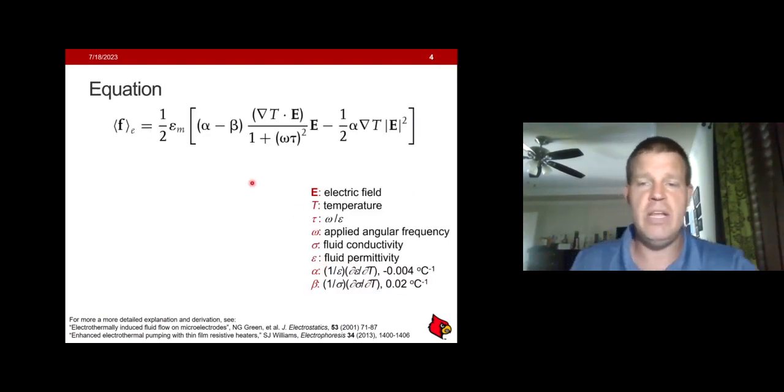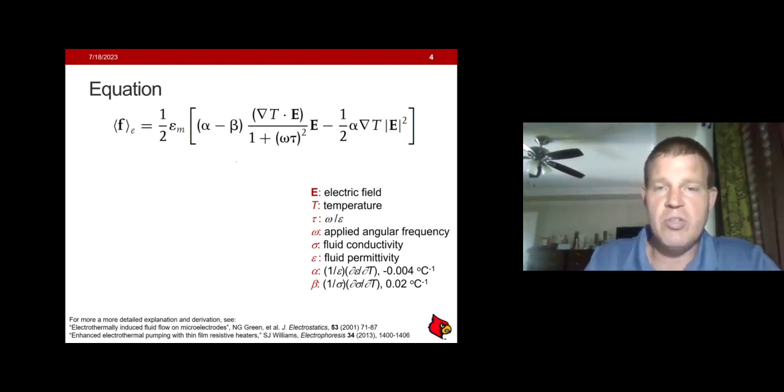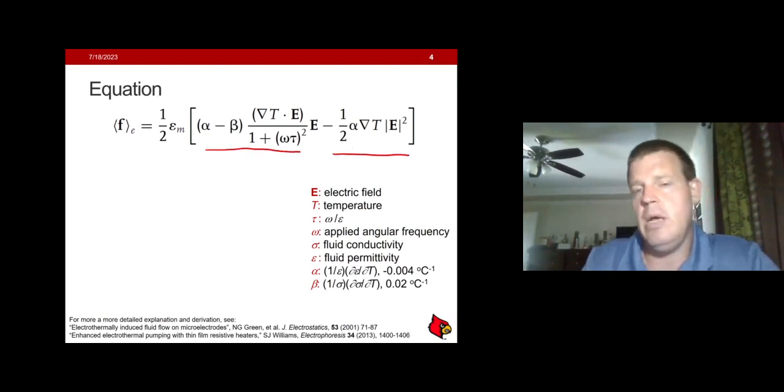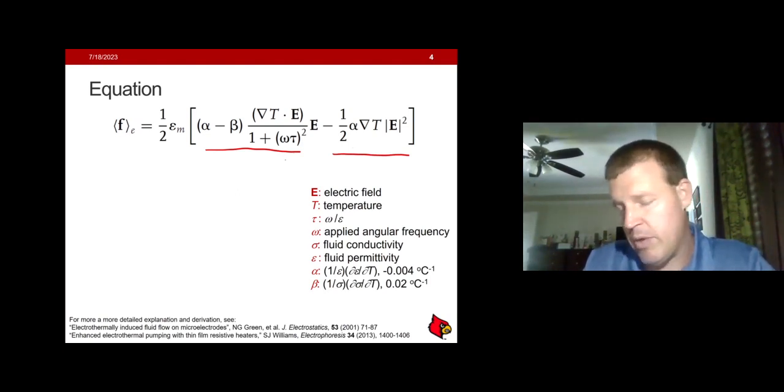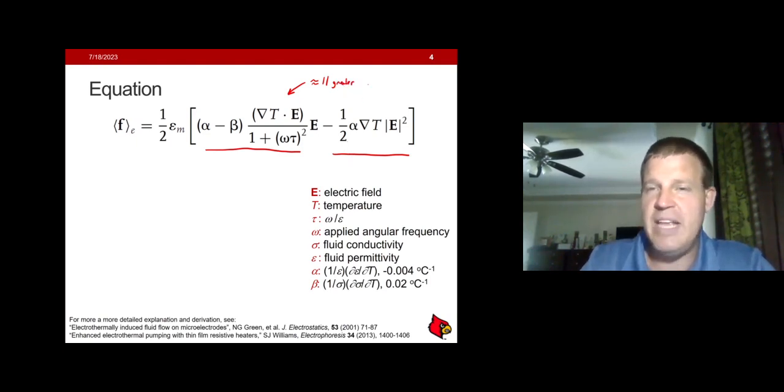So let's go over the equation itself, and we'll talk about some different aspects of it. So first, we have two terms. Term on the left, term on the right. Now, the term on the left is the coulombic force, or derived from the coulombic force, and the one on the right is a dielectric force. Now, typically, the force on the left dominates. It's on the order of 10 to 11 times greater than the dielectric force on the right, but that's if you have low, and I'm going to put this in quotes because I'm going to define this in a little bit,